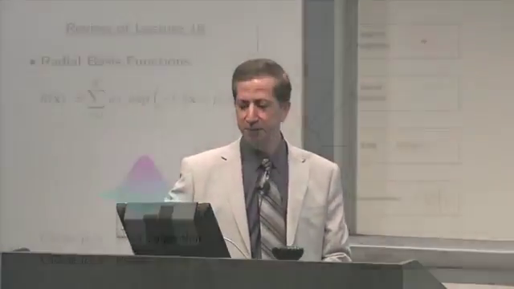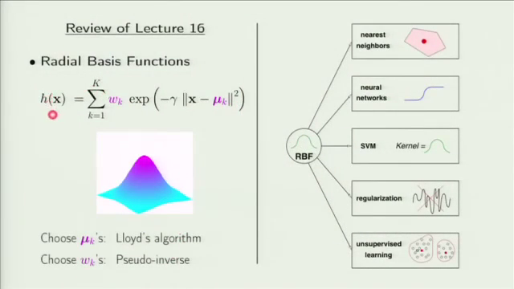Welcome back. Last time, we talked about radial basis functions, and the functional form of the hypothesis in that model is the superposition of a bunch of Gaussians centered around mu sub k. And we had two models or two versions of that model. One of them where the centers are fewer than the number of data points, which is the most common one, in which case we need to come up with the value of the centers, mu k, and learn the values